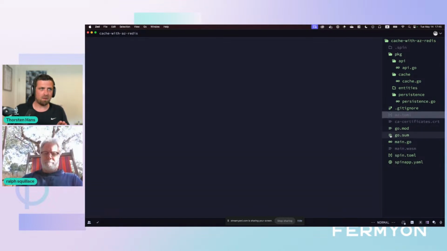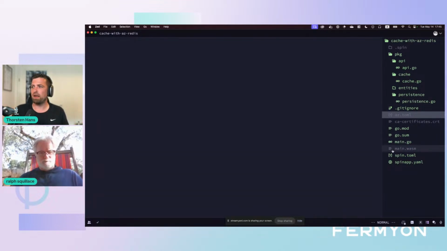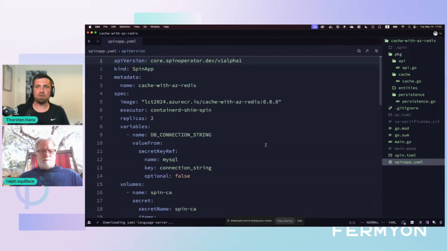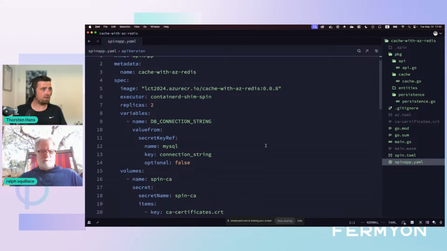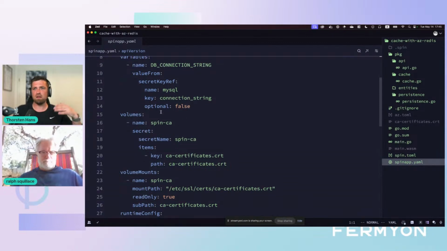And in the meantime, the community is working on the next release of the Spin operator, which will take care of that on its own. Because in order to do outbound connections with TLS, we have to provide CA certificates. I will publish this one to GitHub, obviously, so that if you want to try it today, you have a blueprint that you can follow along and get outbound connectivity with TLS working in